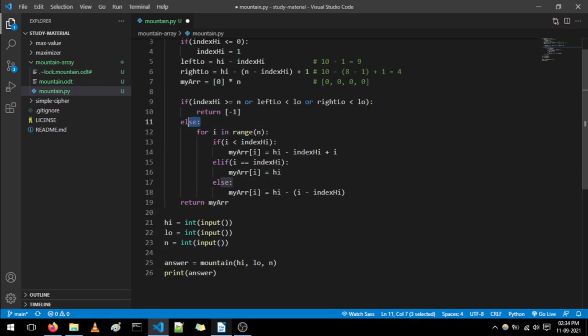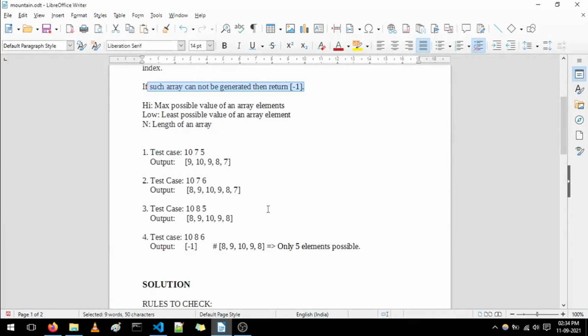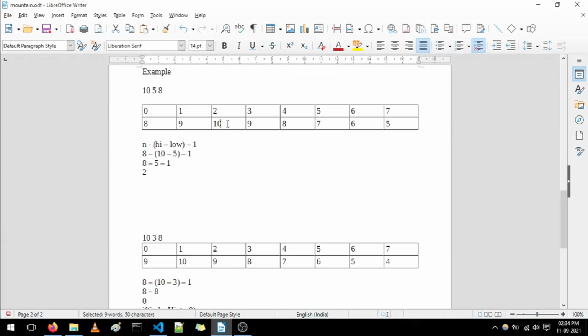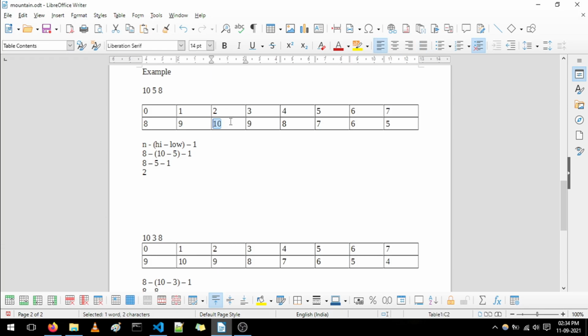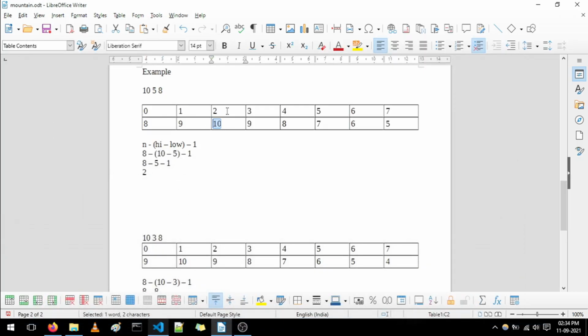Now here in this else case, we are running a loop. I will not explain the logic inside this for loop in detail, because we already received the index, okay. So we are putting in one condition. We are putting the highest value, okay. Whatever index we are receiving, we are putting the highest value at that index.